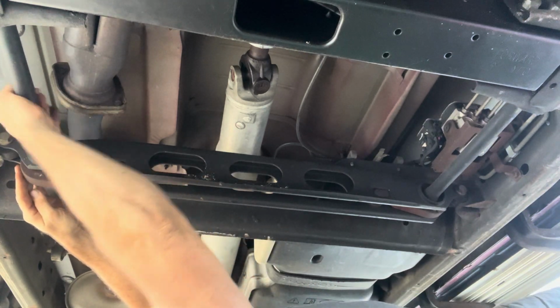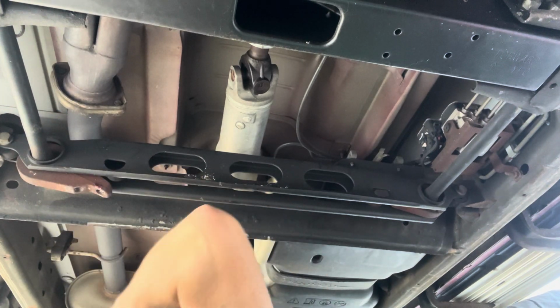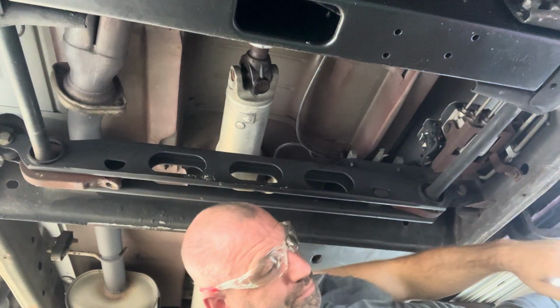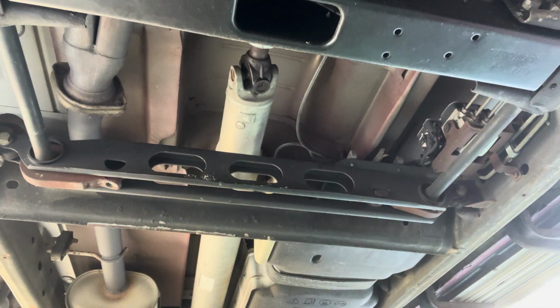It doesn't look like it'll be too difficult. I think it's rusted on this side though. It's going to be an issue. Okay, that's not working. Can't get it to break loose any. Nope. Not at all. Let me grab a hammer. Or two. A couple of hammers. While I'm at it, I'll grab the rest of the kit as well. This and